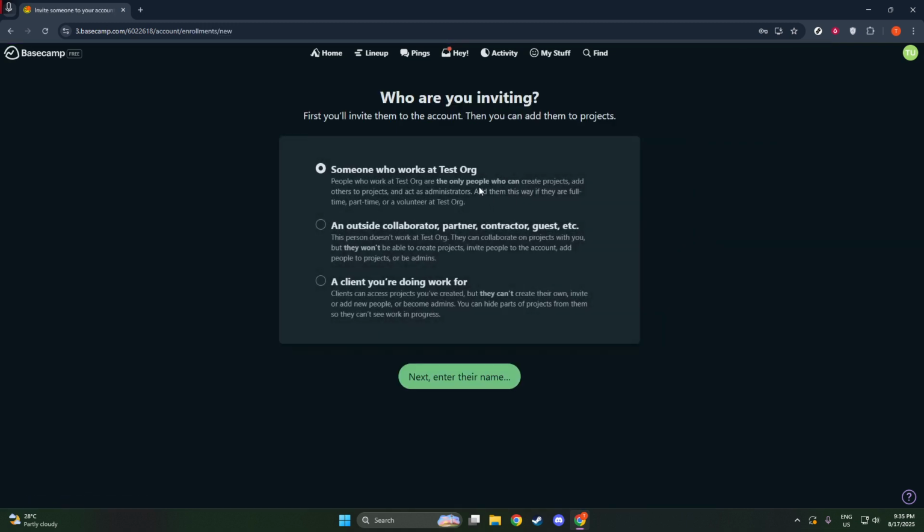Click on that Invite People button, and you'll be presented with options to designate the role or type of person you're inviting. This step is crucial as it determines the kind of access and permissions the new user will have. You'll see a few different options. If you're inviting an employee, that's someone within your organization who will have more access. They'll be able to create projects, add additional people, and even have admin privileges if you choose to grant them. This role is ideal for team members who need to be in the loop with everything, from project management to